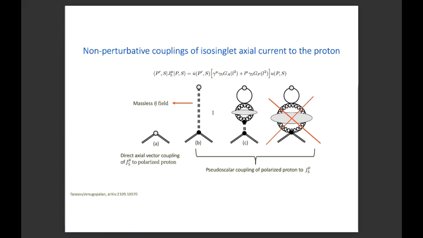Okay. Now, this term here can be written diagrammatically as a direct coupling of J mu 5 to a polarized proton. So if you have a direct insertion of a J mu 5 operator on a polarized proton, that would be this axial vector form factor. And the pseudoscalar form factor corresponds to the following contributions. So one is the anomaly contribution that I talked about. If you remember, J mu 5 can be written as L mu over L squared times omega, which is the topological charge density.